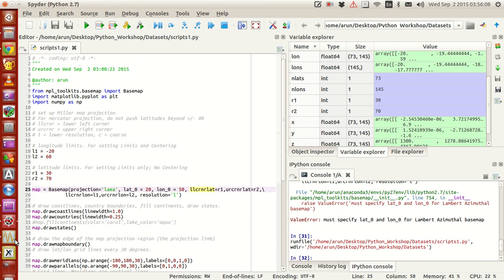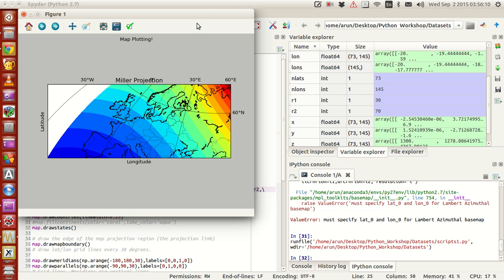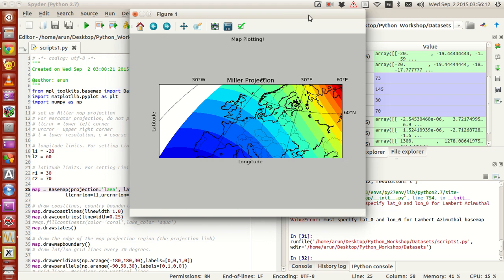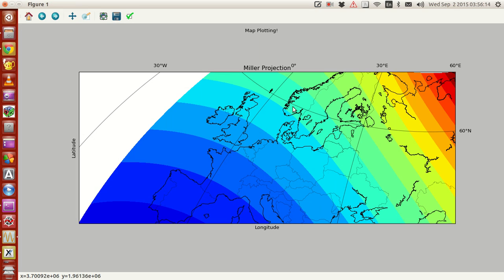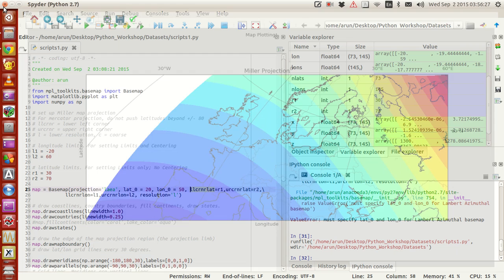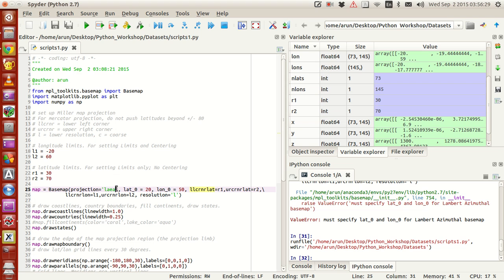Am I getting an error? No. Yeah, perfect. If you see, your projection changes. You can see the projection changes. And in these regions you don't have data, so that's why it's showing like this, but it doesn't matter. Your projection changes accordingly. If you want some other projection like ortho, for instance,